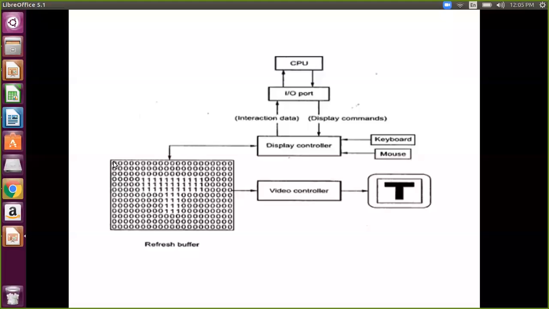So your t is converted into a frame like this, and this frame is given to the monitor. This is binary, digital format, and it is converted into a video signal or analog signal. The video controller is there to do this. So this frame is now taken and given to the display. This complete upper part you can assume is the arrangement of the display processor, and the frame buffer, the refresh buffer, is there.